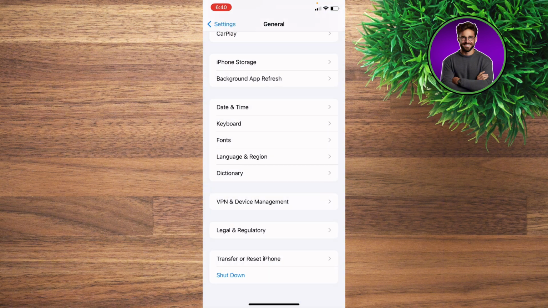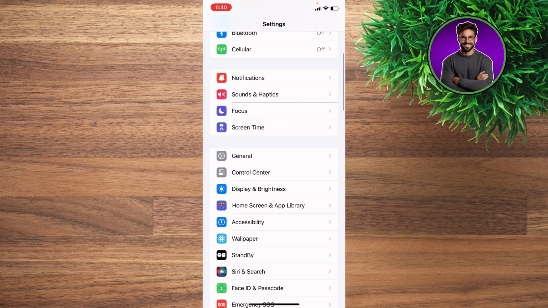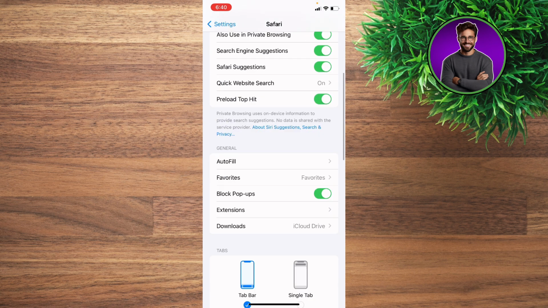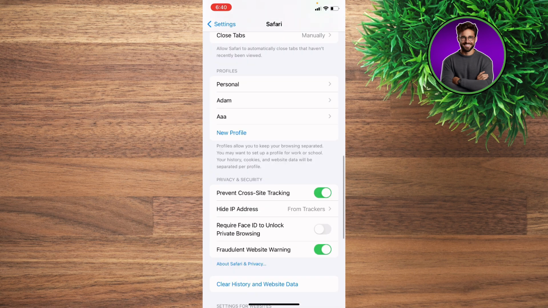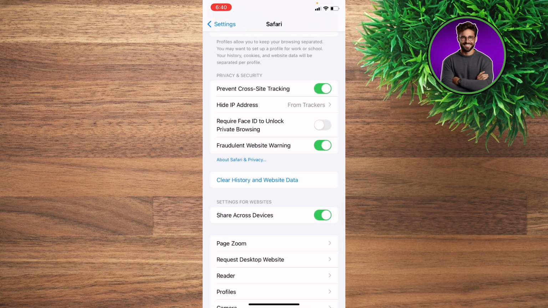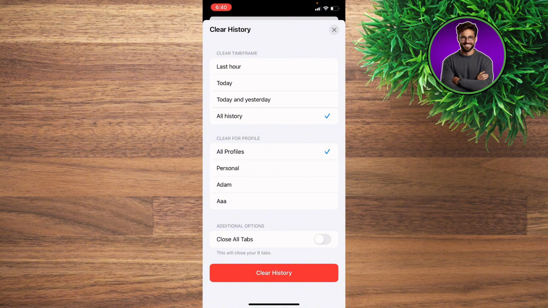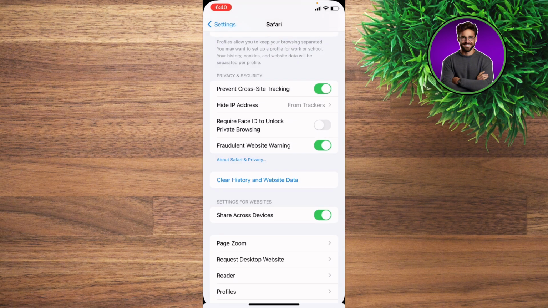Now what you're gonna do next, you're gonna just go back, and then basically to the main settings, and then scroll a little bit down to the Safari, and then basically what you're gonna do is scroll a little bit down till you find the option to clear history and website data. And after you click on it, you gotta just go ahead and see pop-up window, clear history, and basically that